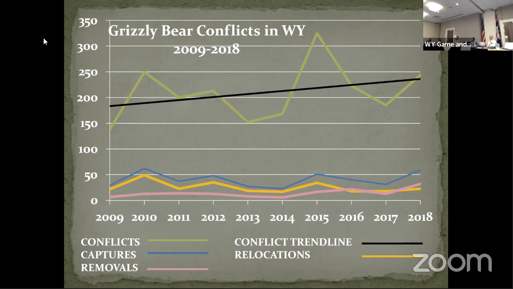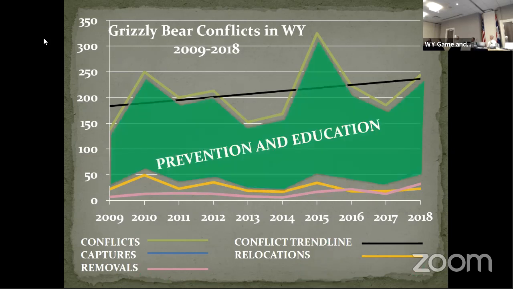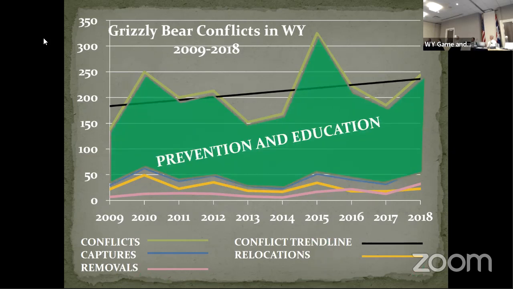So what I wanted to show you with this, though, is the gap between the number of grizzly bear conflicts that we see and the number of, let's say, bears that we actually capture. Those are what folks do every single day on the ground with prevention and education. That's the majority of the work that we do. We get a report of a conflict no matter what it is. Again, our last resort is to have to track that bear and relocate it or remove it. And so all that work that's done in prevention and education, I'll give you some examples of those here.